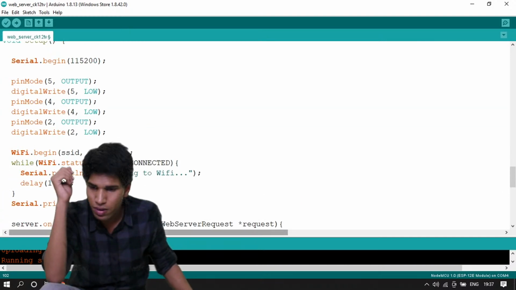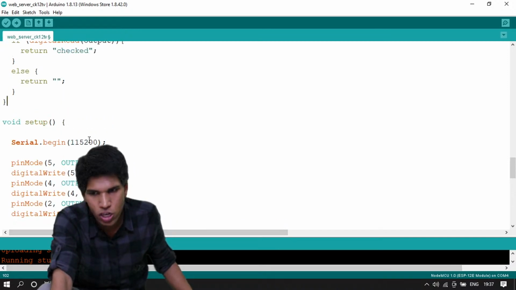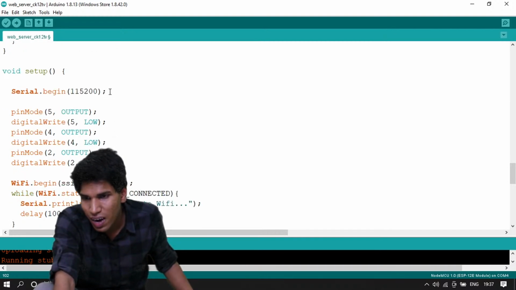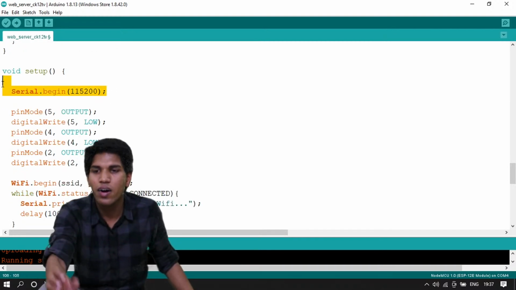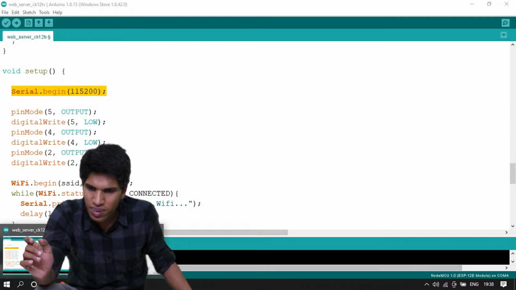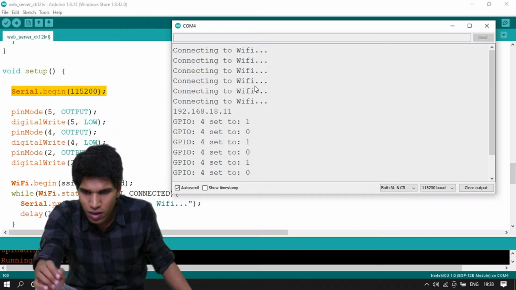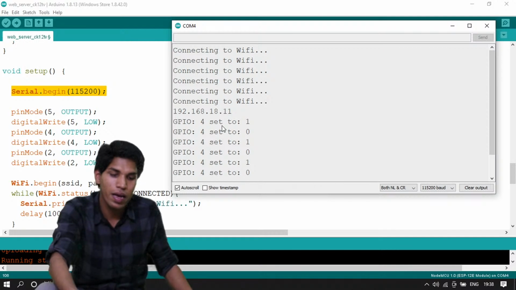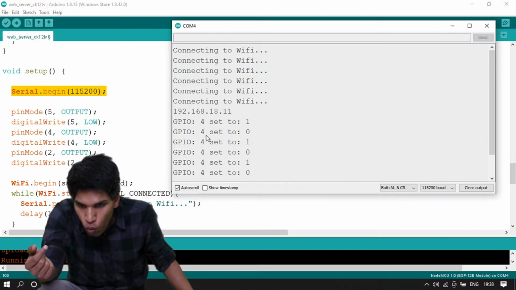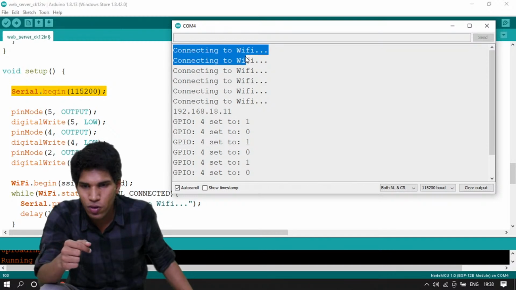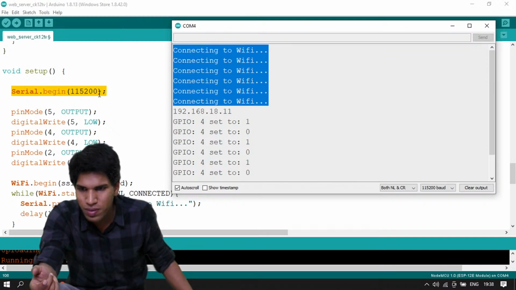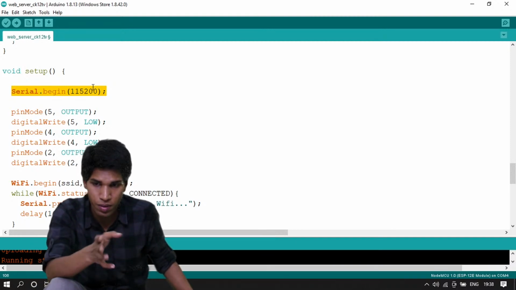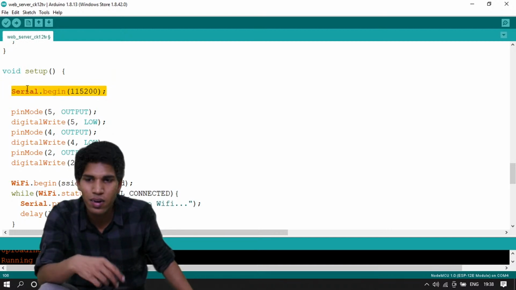After that we come to the setup function in our Arduino code, the default setup function. Inside that, there is just one line that you don't strictly need. This basically starts a serial monitor. You see this output monitor that shows me what my circuit board is doing and what is turning on or off, for example when it was connecting to Wi-Fi. It acts like a console, just like in your JavaScript editor you have a console. This line here initiates a console.